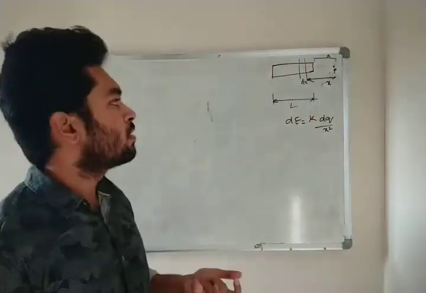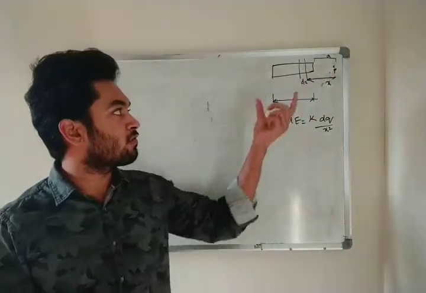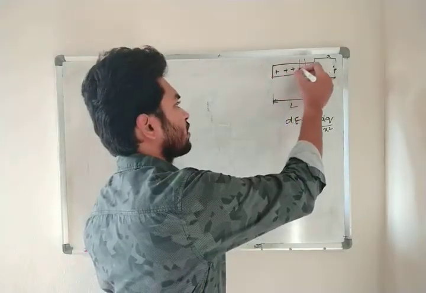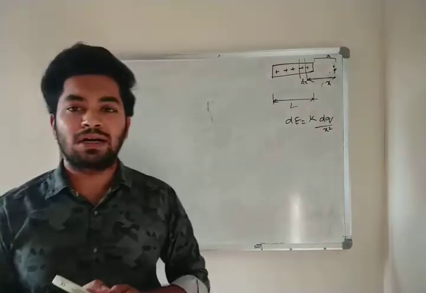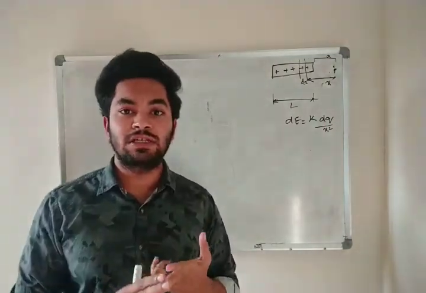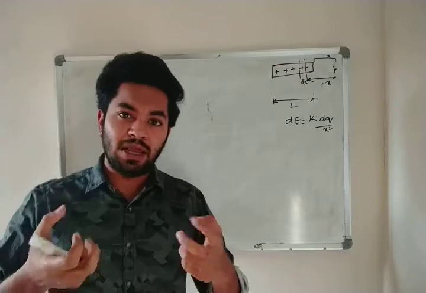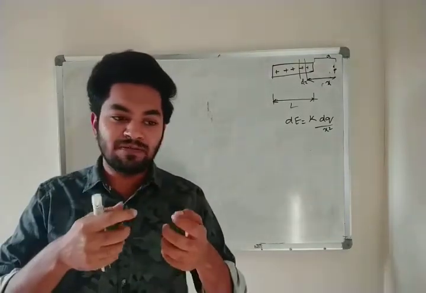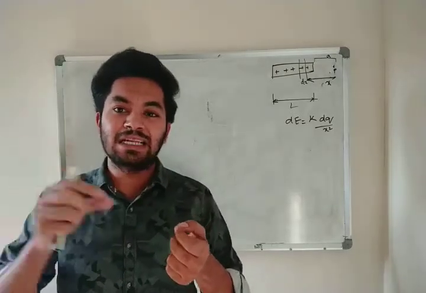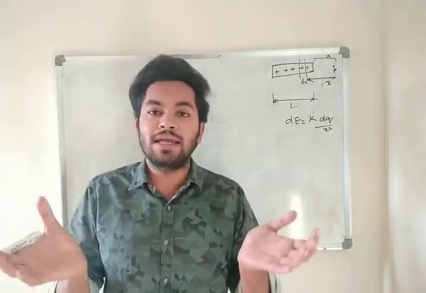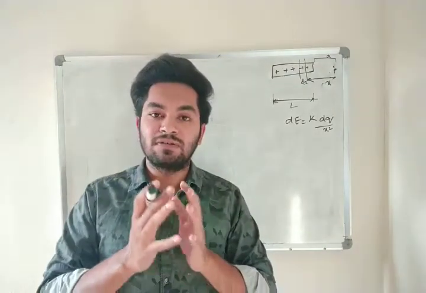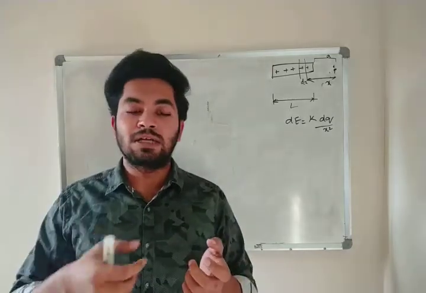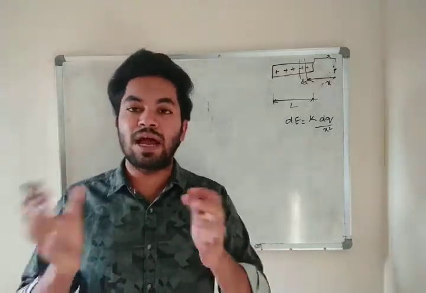Now what do we do? What we have to do if I want the field for the whole metallic rod? Now we have two types. One is differentiation and the other is integration. By the name only we can tell, differentiation means pulling out small parts, considering each element. Integration means we are adding all the small elements. Differentiation means separating all the elements. Integration means we are adding up, we are totaling.